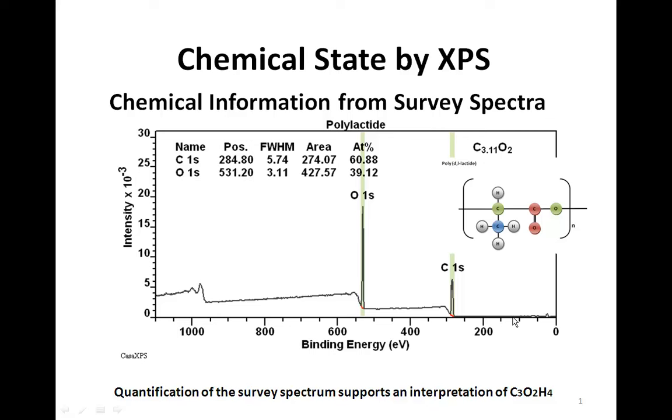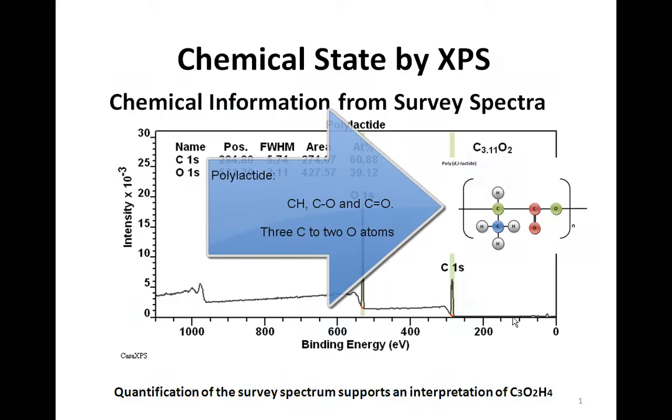This is chemical state analysis by XPS, and what we'll do is look at some issues that may be found when you're analysing data from different samples when measured by XPS. Now, the first thing you typically do is look at a survey spectrum, and in this case we're looking at